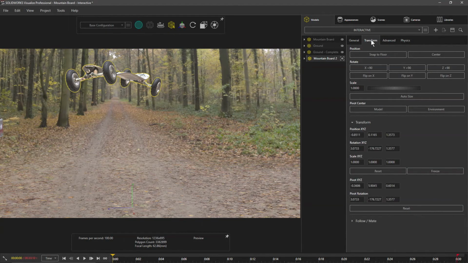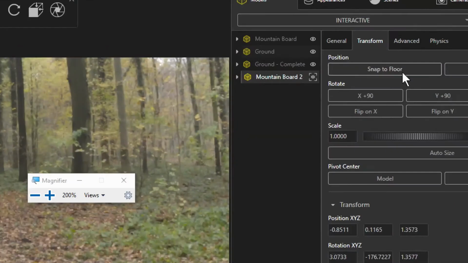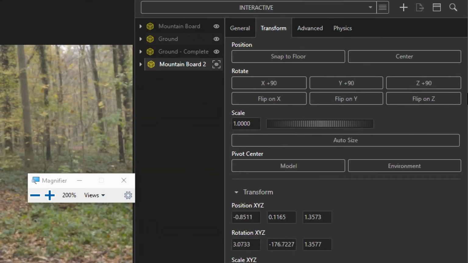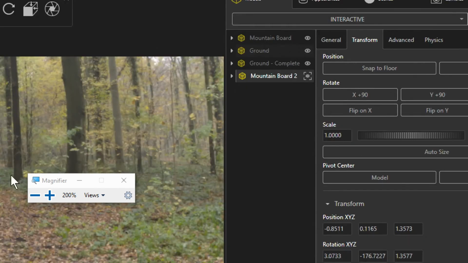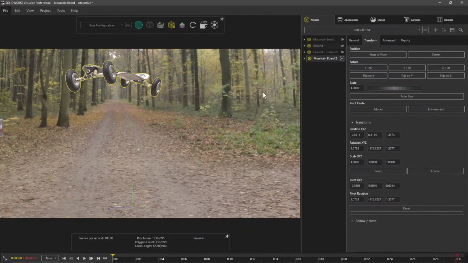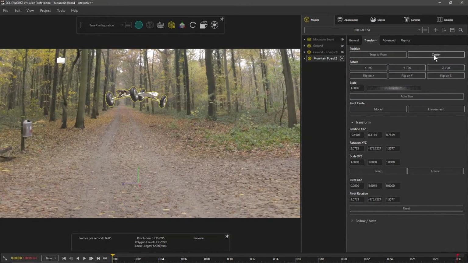And then you have transform. This is a tab that I am very, very frequently in when I first start a project. If you export from SolidWorks, it may not be in the exact position you want it. So what you do is you use these tools. This is literally the very first thing I do when I start a new project. What I'll do is I'll click center. Let's actually zoom out. Center, which centers it on the sphere,